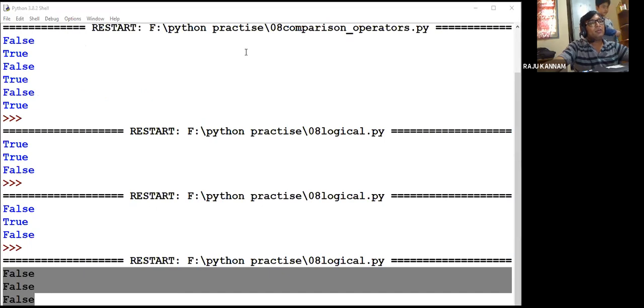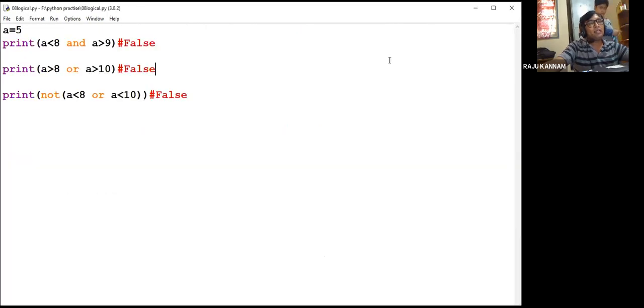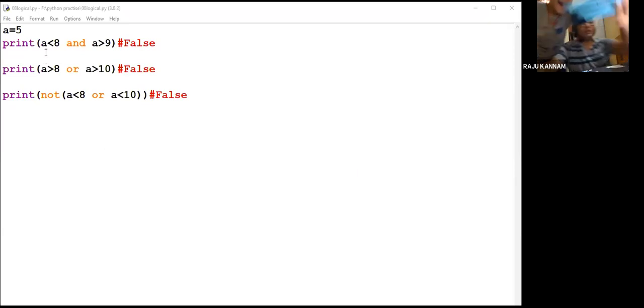So now I hope it is clear, Bhavana madam. And operator, if the two statements are true, then only it will return true. Otherwise, correct. Okay. Yeah, Hindi language. Okay. So we will repeat it later.